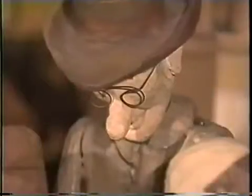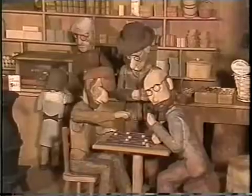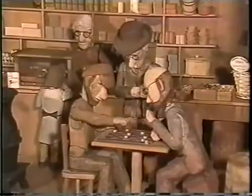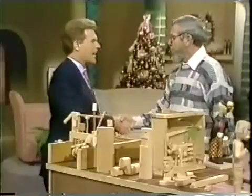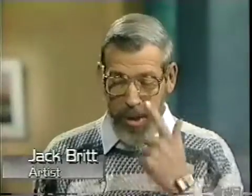Whether it's a simple set depicting historical events or an elaborate machine using switches and pulleys and cams to operate characters all in very carefully thought out sequences, Jack Britt's boxes of magic lure and captivate every visitor. And Jack joins us today to talk about his work and his love. This really is your love, isn't it, Jack? Yes, it is, Bill. I enjoy doing this, and now I'm able to share it with the people out in